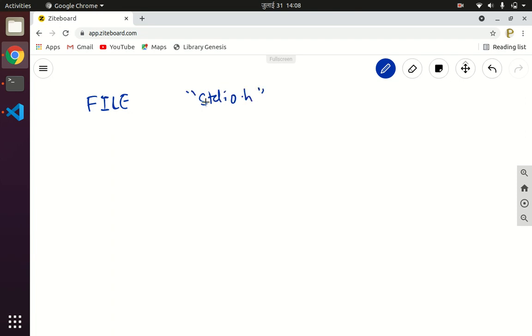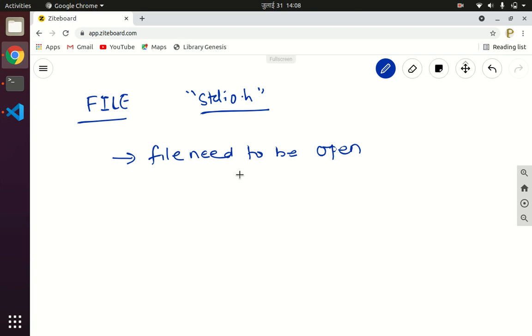Now, since we have already understood from the theory part that in order to perform any operation on a file, it needs to be opened first.